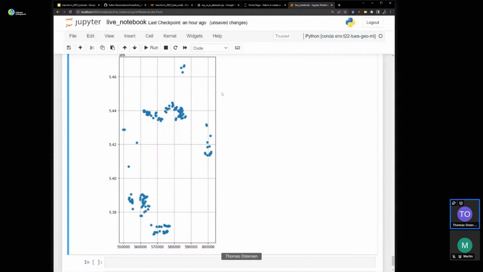Let's say we want to train a model that excludes one cluster: we build a model trained on all the other clusters, predict, and then check the performance in this little area here. We do the same for every single spatial cluster.